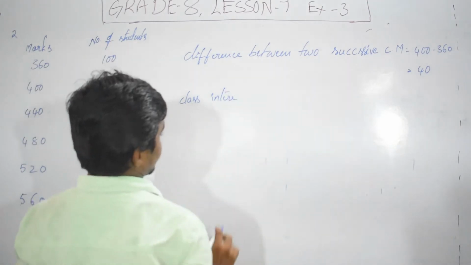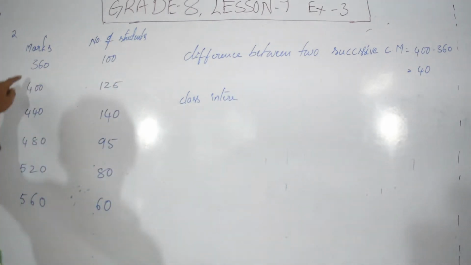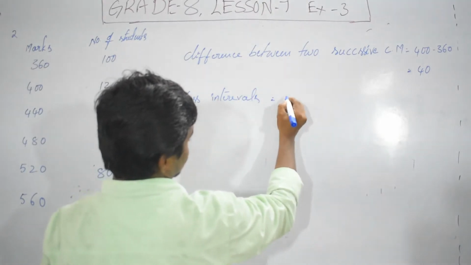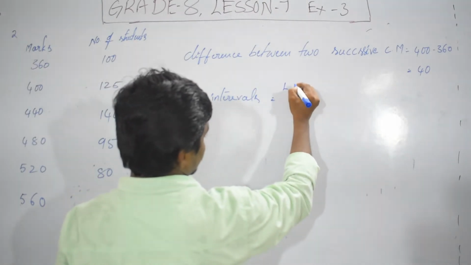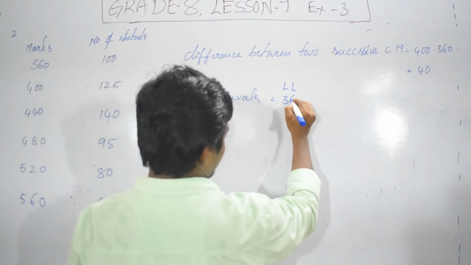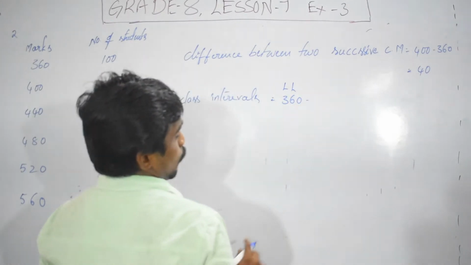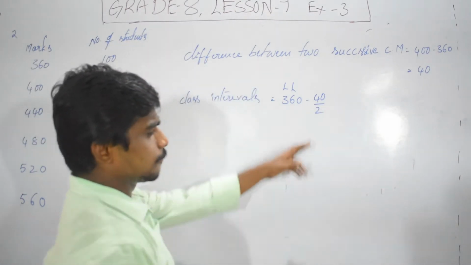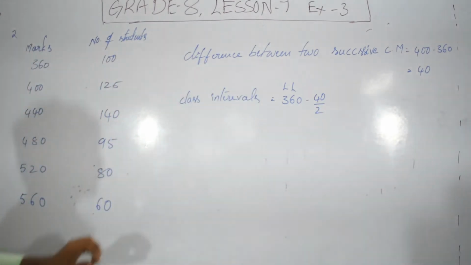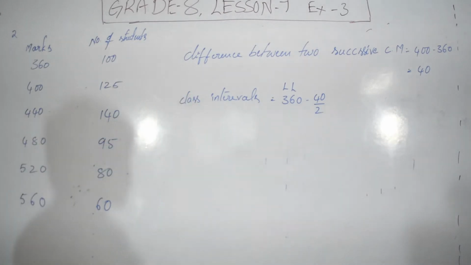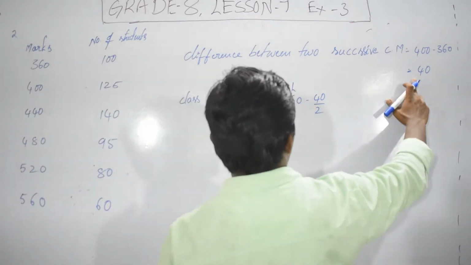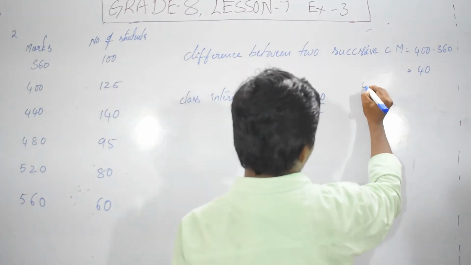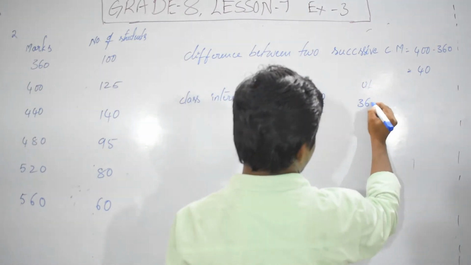Here 360 is like a lower limit. 360 minus 40 by 2. Why are we taking 40 by 2? Because the class marks have a difference of 40. So 40 by 2 for the lower limit, and for the upper limit, 360